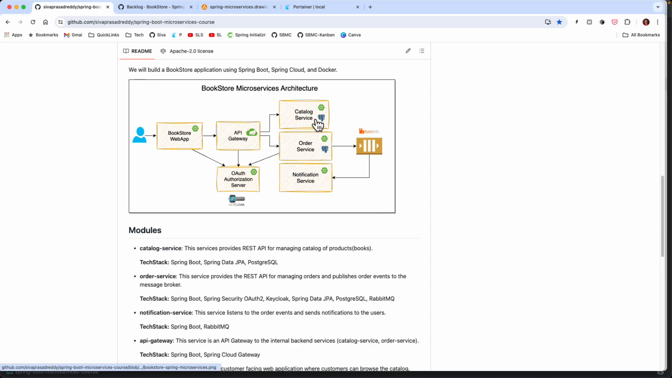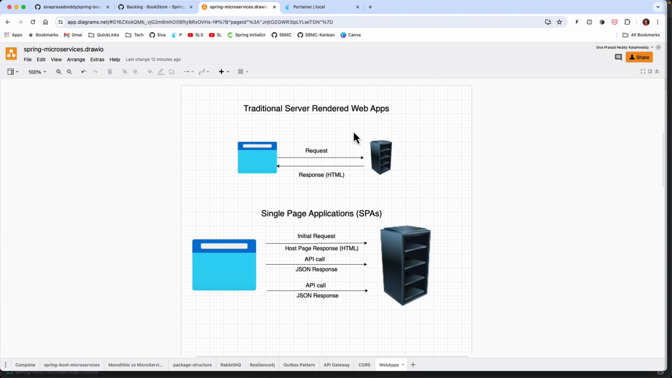We have implemented all the catalog service, order service, notification service, and then API gateway. So now we are going to start building our BookStore web application. So before starting the development of this module, let us first understand various types of web applications that people are